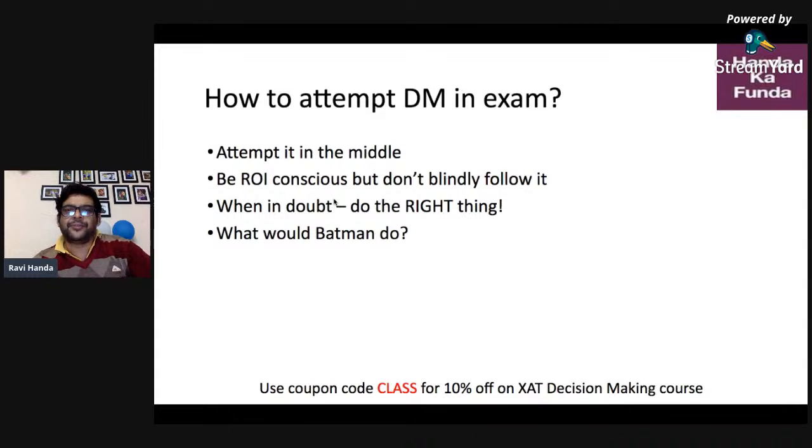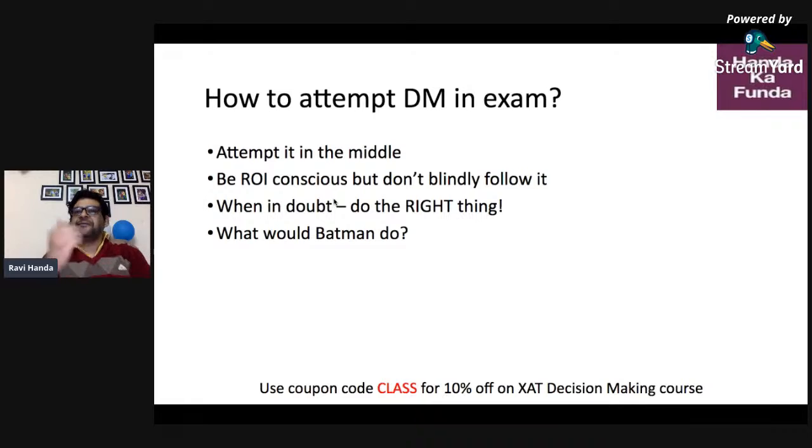First thing that I recommend to do: in all probability, highest chances, there will be 21 questions in decision making. There will be 7 sets. Each set will have 3 questions. That is what is expected. If that is the case, you will take less than 1 minute to figure out if what I'm saying is true in the paper or not. It might change, but let's say assume that this is true.